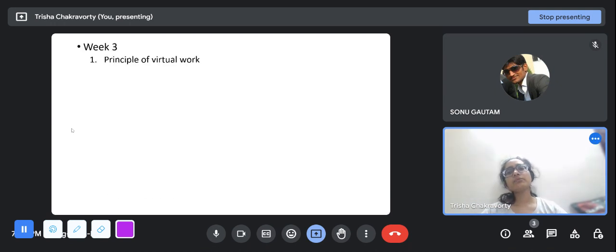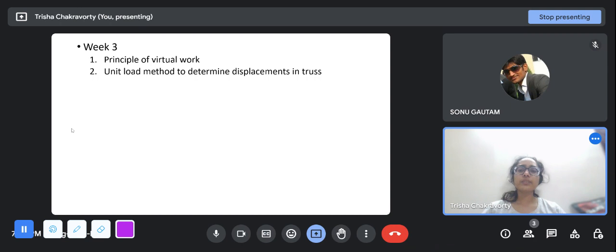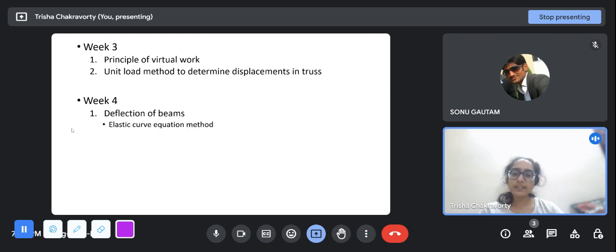And in week 3, we moved on to the second kind of structural response. There are two kinds of structural response: the force or stresses, and the displacements or the strains. So for that, we first looked at the principle of virtual work and the unit load method to determine displacement in trusses. In week 4, we looked at deflection of beams using two methods: elastic curve equation method, where we would use double integration